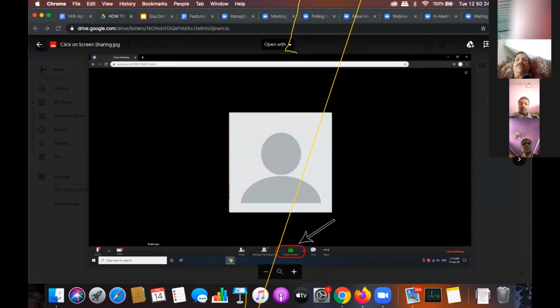And on the bottom of the screen, there is a green button called share screen. And similarly, this button will be present on the mobile, right? Which is in the center line of your mobile, just below in the bottom half of your app. If you open the app while the meeting is going on, you will see either the fully filled green or the outlined green share screen on your mobile.